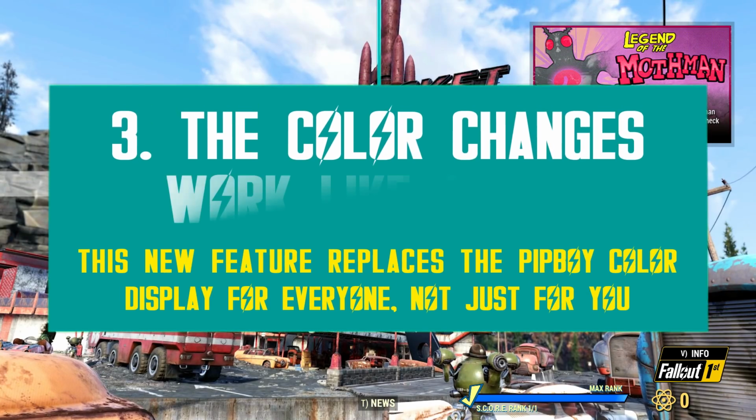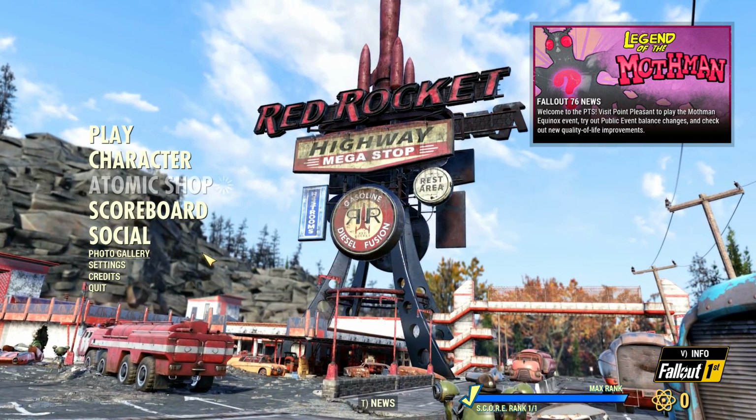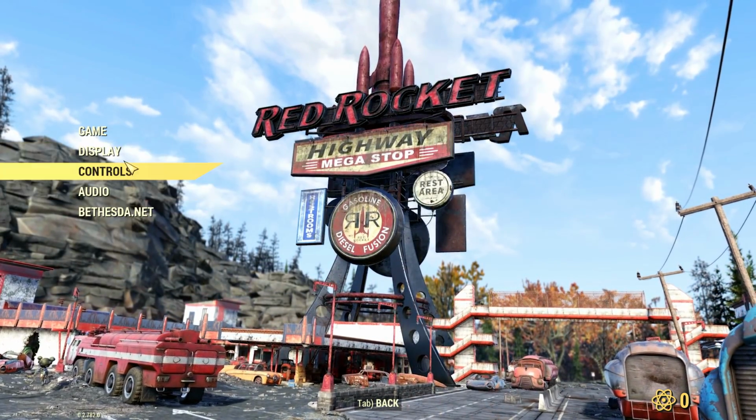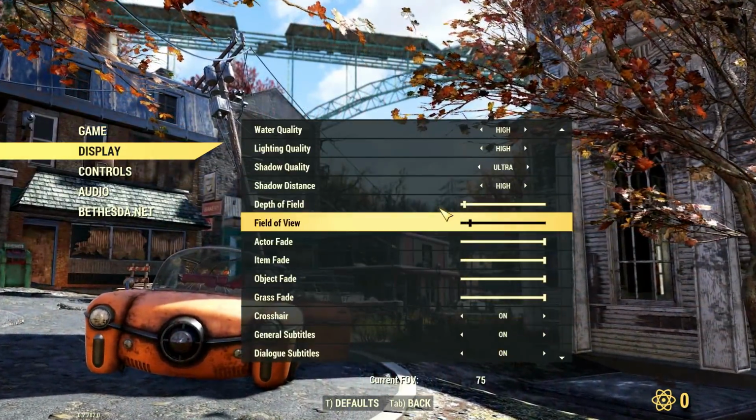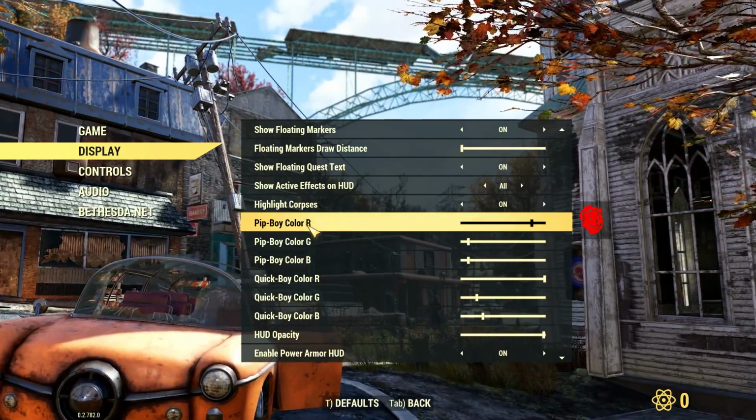Now, I bet you are wondering, how does this feature work exactly? You can change your Pipboy colors, but is it only for you? Can others see it as well? Not exactly. At first, I assumed this feature would allow players to customize their